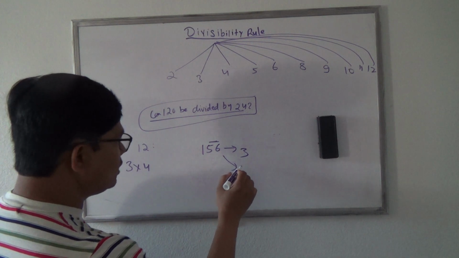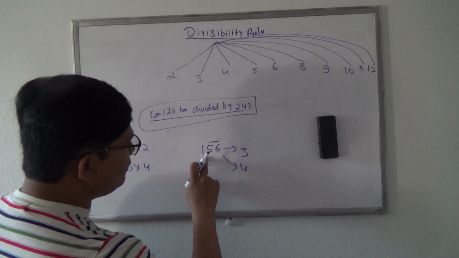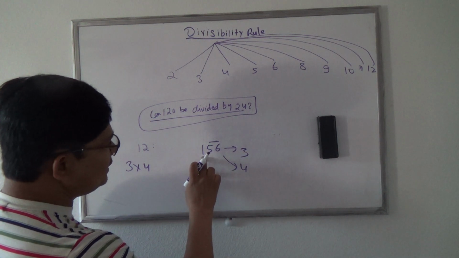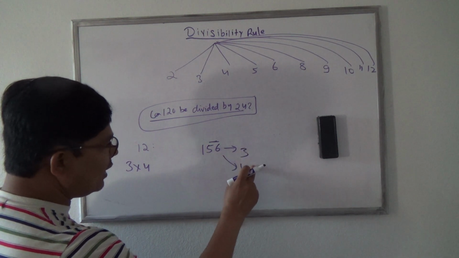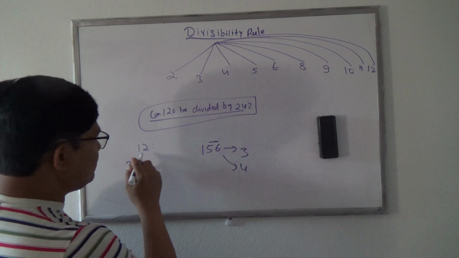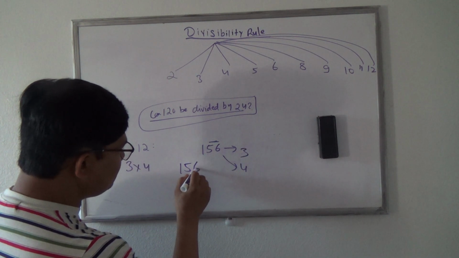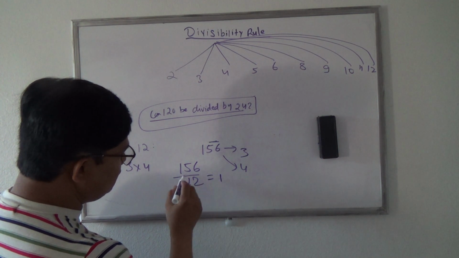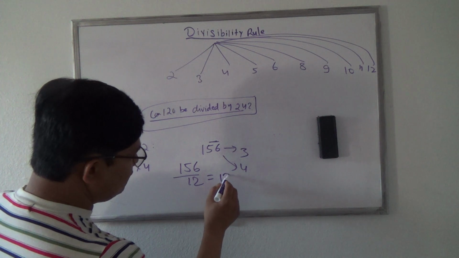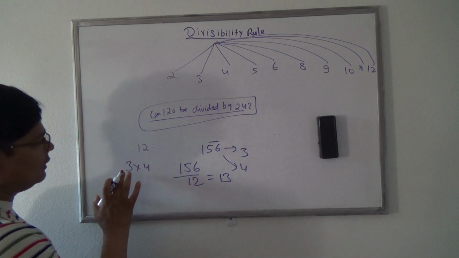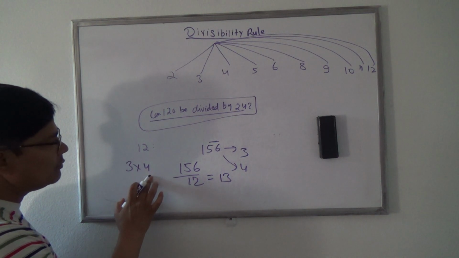So this whole number 156 can be divided by 3 and by 4. So it means 156 can be divided by both 3 and 4. If it can be divided by both 3 and 4, it means you can divide 156 by 12. So let's try it. 12 times 1, 12, 3, 6, 30. So it's simple. You have to find if the given number can be divided